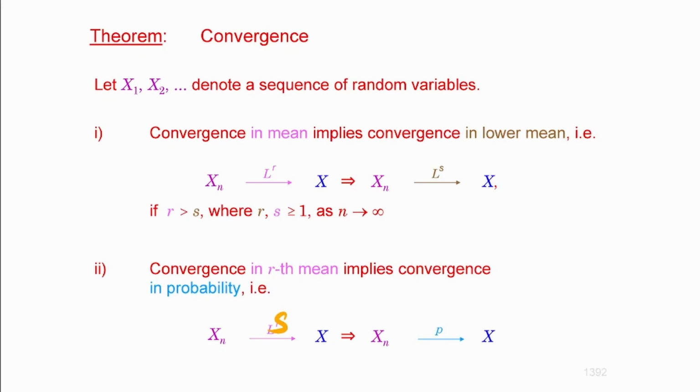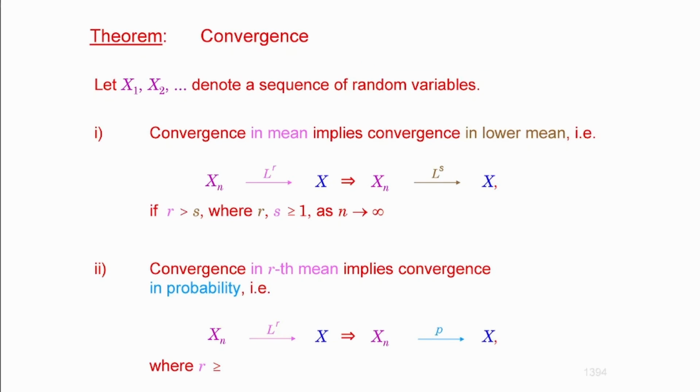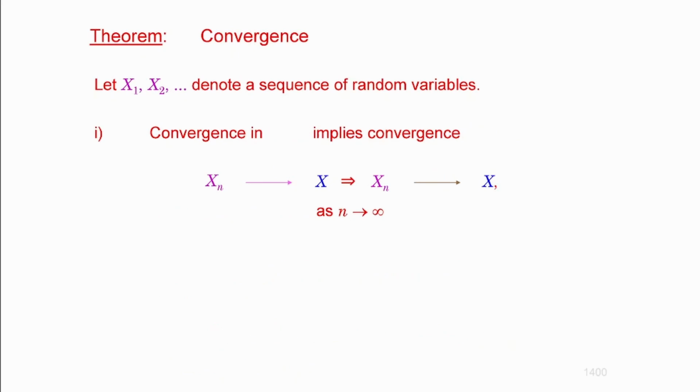So it doesn't really matter because S is also at least equal to 1, so you can take R as whatever you like. Okay, so as the sequence progresses, that's the second part. That's not going to be difficult either. I'm not expecting you to do it, but I was just using some inequalities that I was looking up and putting those together. Somebody else did that; I was just putting all the pieces together.